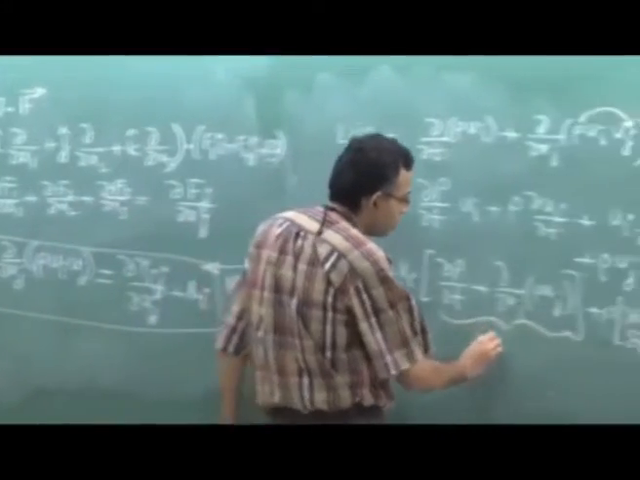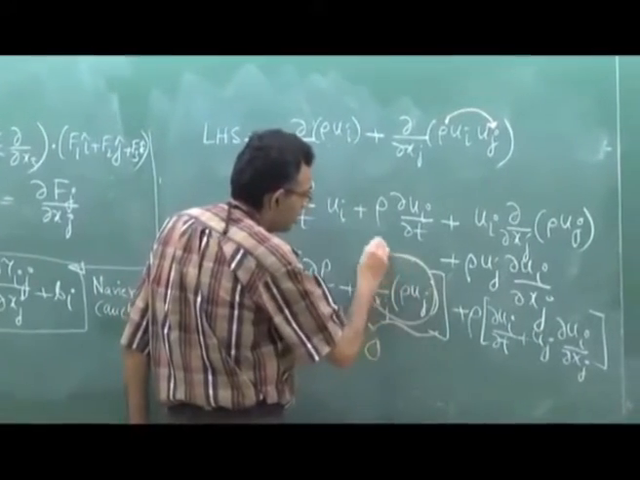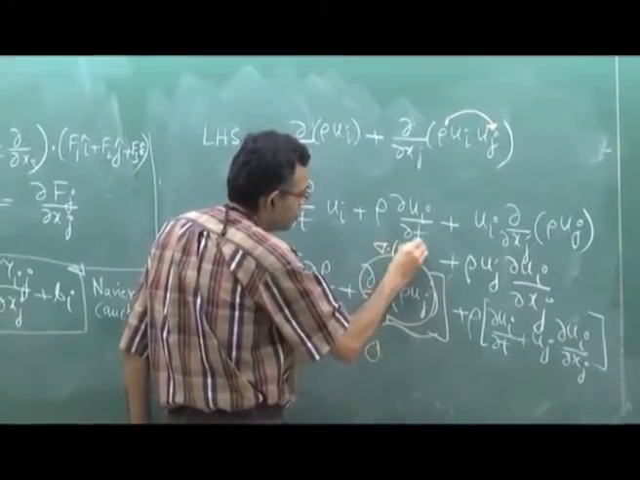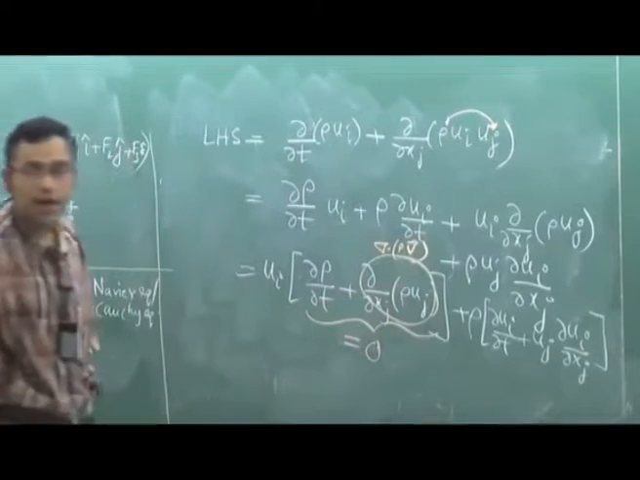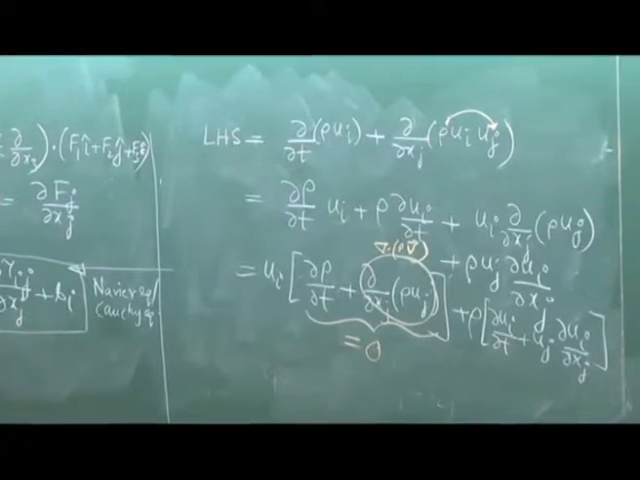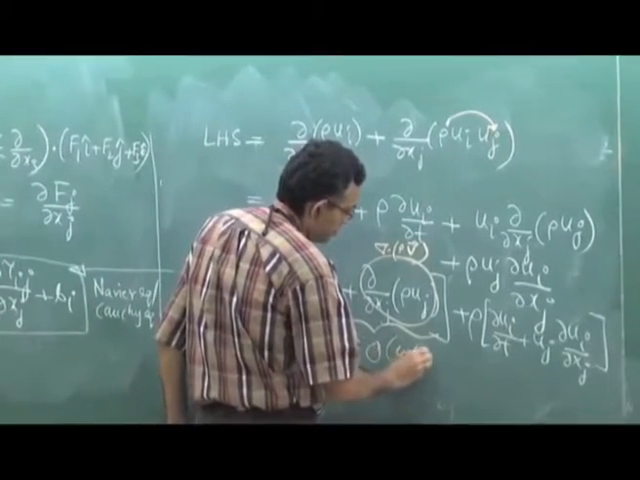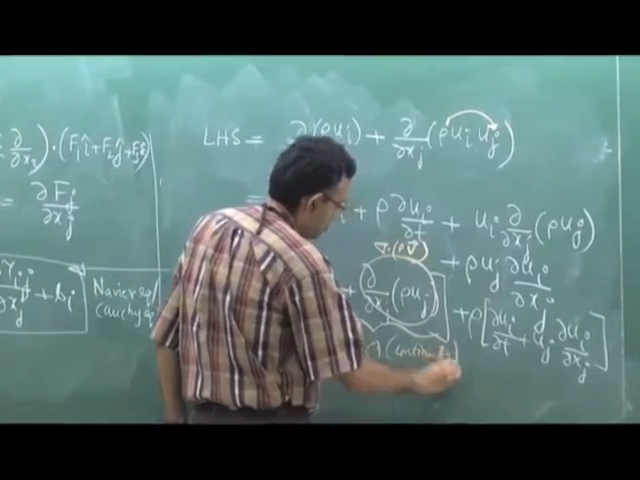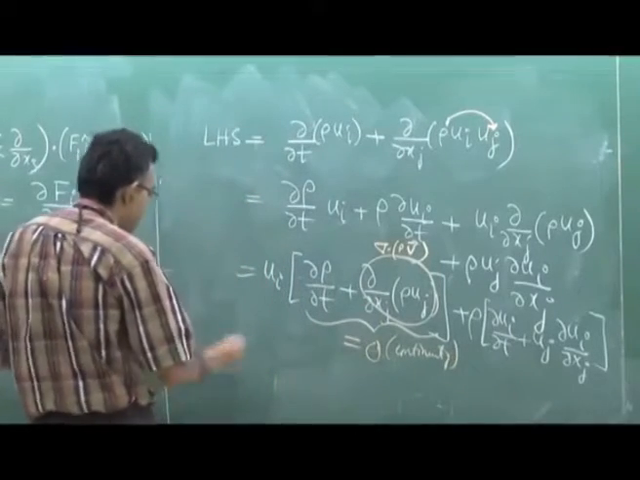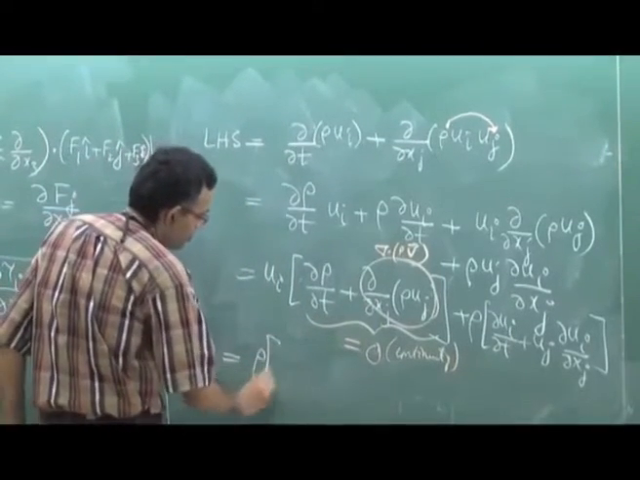What is this? This is continuity. By continuity, this is equal to 0. This is del dot rho v. In index notation, this is the divergence of the velocity vector. So this is 0 by continuity. So the left hand side becomes rho